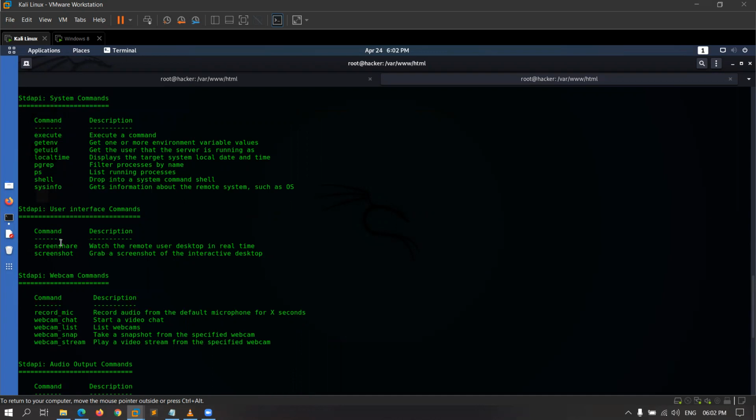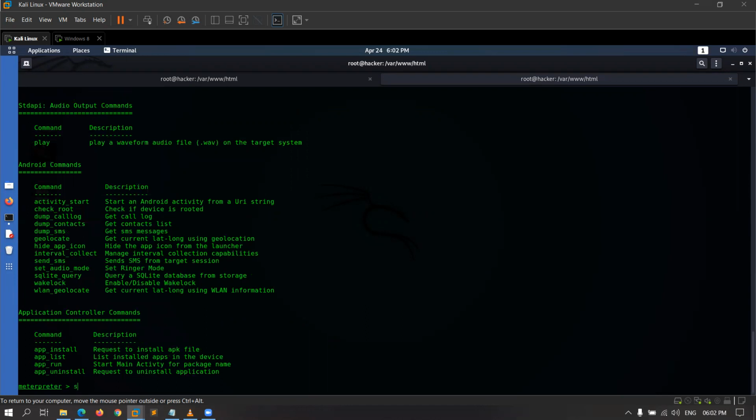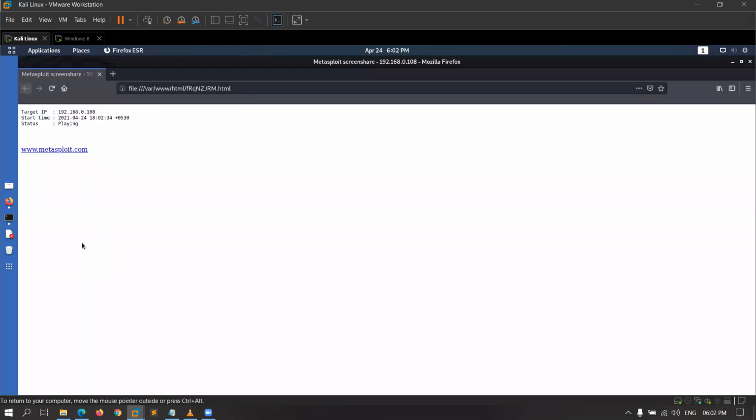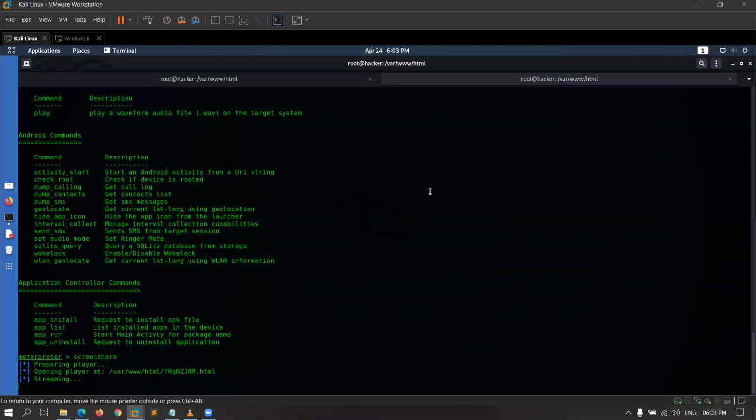And to watch the remote user desktop in real time, you can use the command screen share. Let me show you screen share. So it is not showing properly. Waiting, playing, waiting, playing. But if you are doing these types of things on a real mobile, you can get a lot of